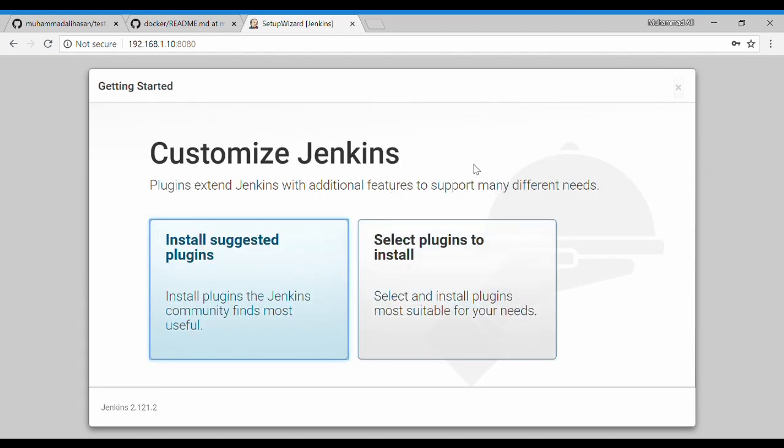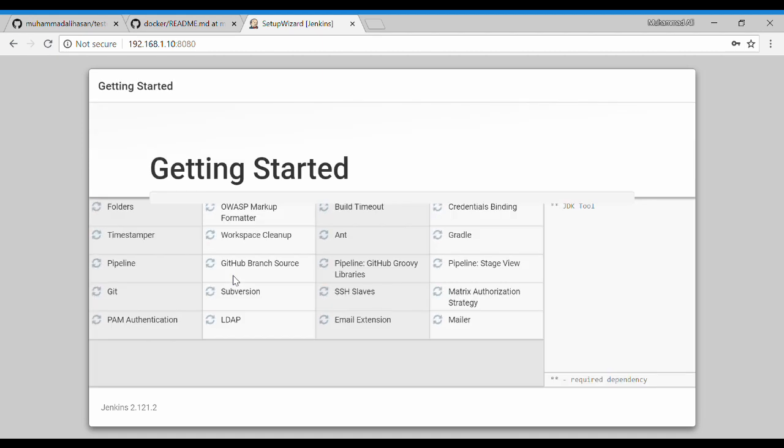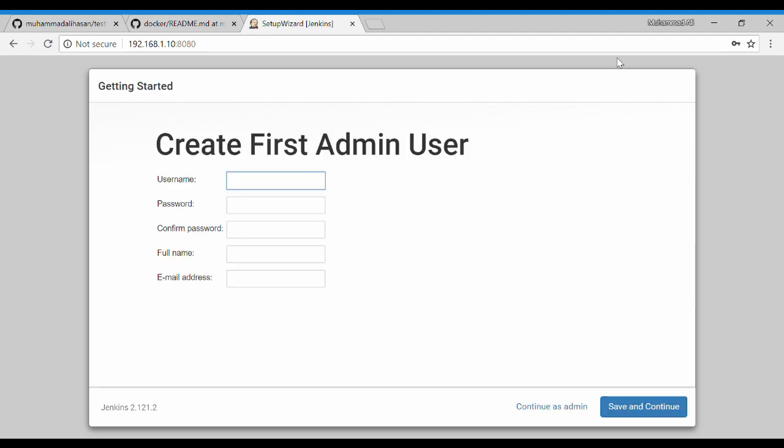Yeah. So I'm inside Jenkins right now, and it is asking me to install some plugins. So I'm going to install the suggested plugins first. It's going to take a little bit of time, and I'm going to pause the video until it finishes. Okay, so the installation of the plugins has finished, and it automatically brings you to this